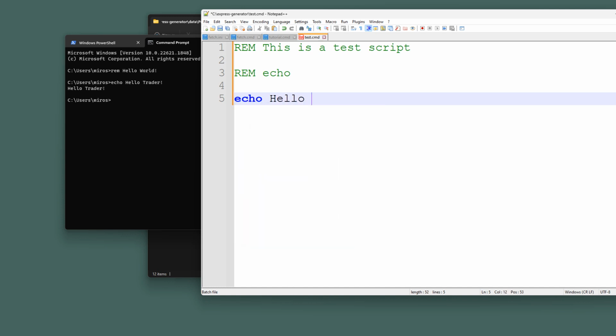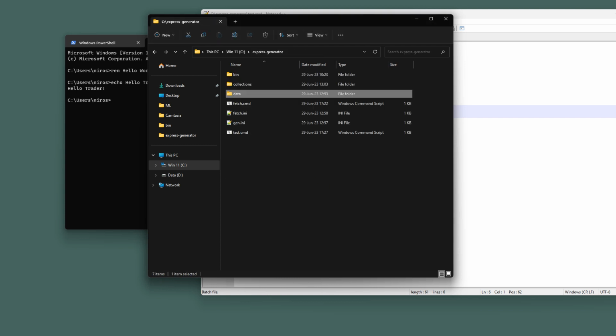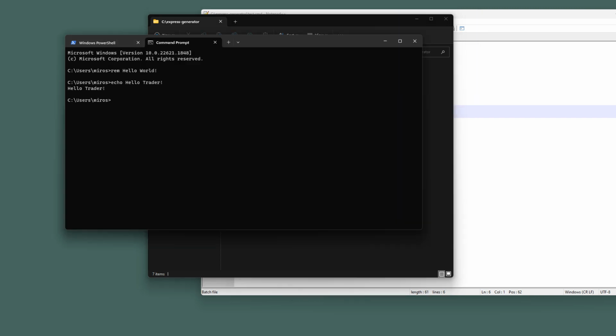Echo Hello Trader. Right, I save this, and when I go here, where is my test CMD? When I run it, it will show Hello Trader and will close immediately. Okay, it was fast. So let's go cd